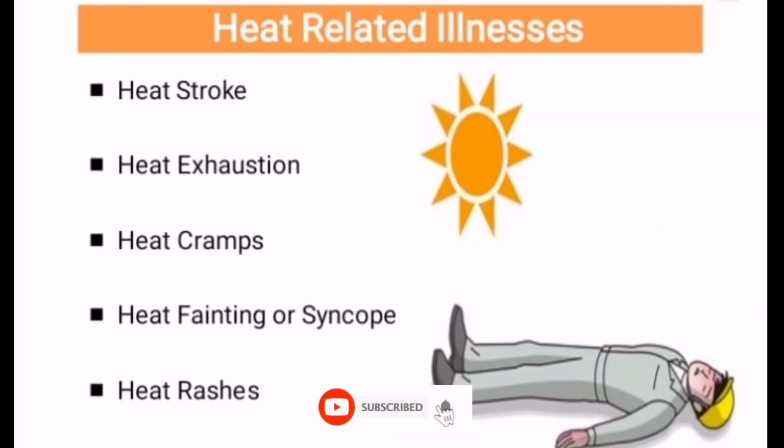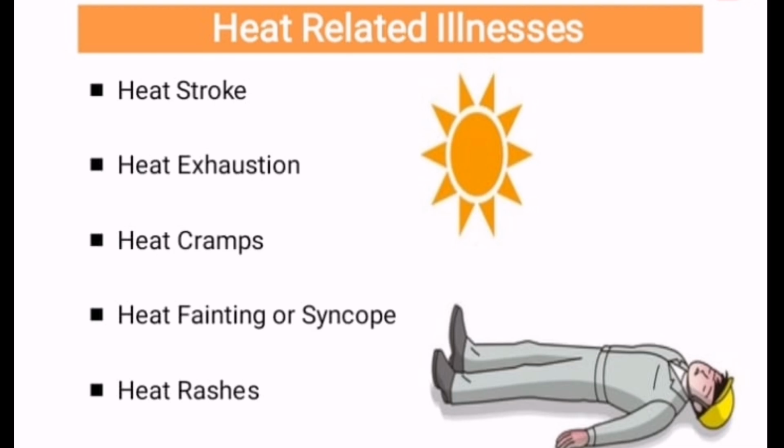After the early symptoms, now we will discuss the conditions of heat related illness, or we can say the most common types of heat stress. The first one is heat stroke, then heat exhaustion, heat cramps, heat fainting. The last one is heat rashes, the severe condition of the symptom which we discussed earlier, dry skin or red hot skin. Now we will discuss all these types of heat related illness in detail,